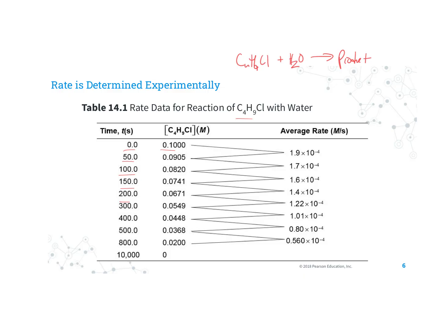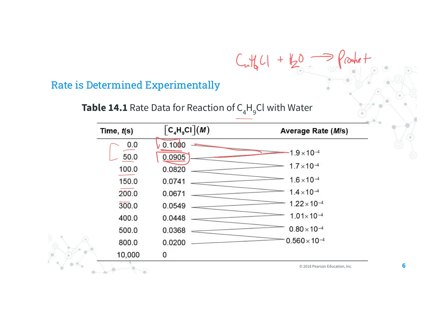What we do is we look at the concentration of C4H9Cl over a certain period of time, and we keep checking it. And if you want to determine the rate, it's essentially the concentration at one step minus the step before. So if I want to figure out the rate of the reaction between 0 and 50 seconds, it's just this concentration minus that concentration. You can see here, that will get you an average rate of 1.9 times 10 to the minus 4 molar